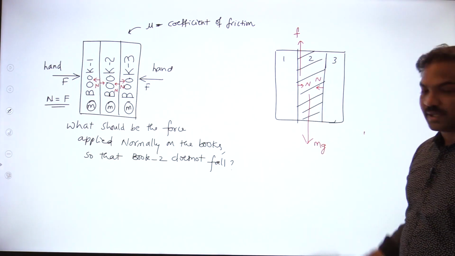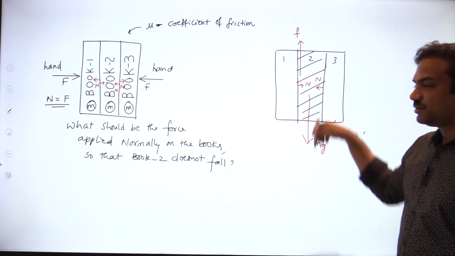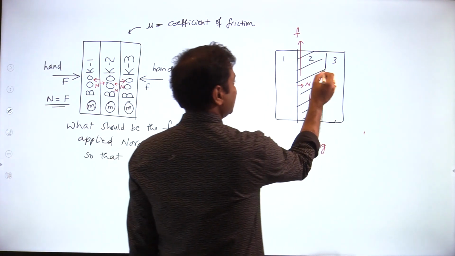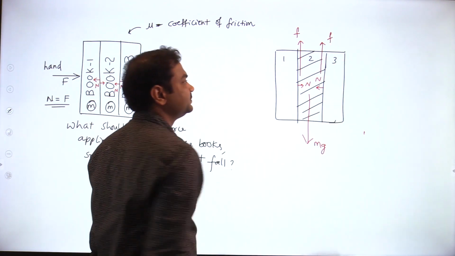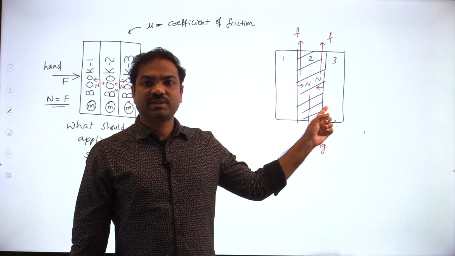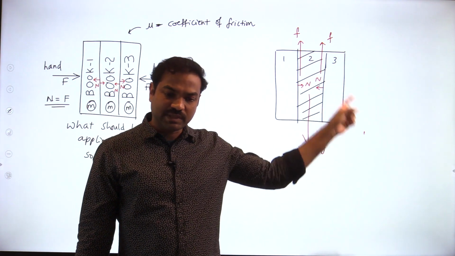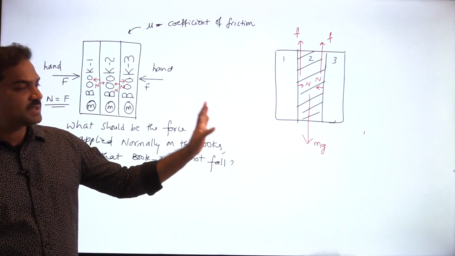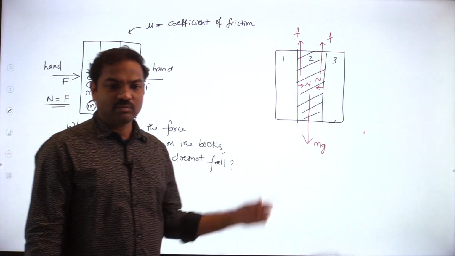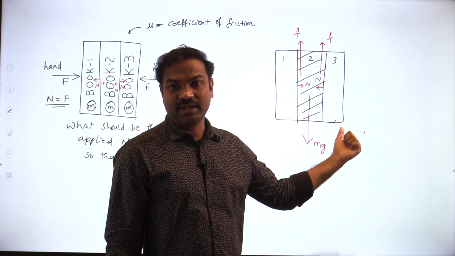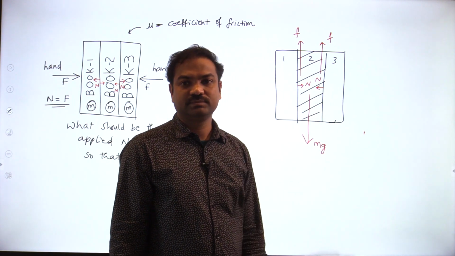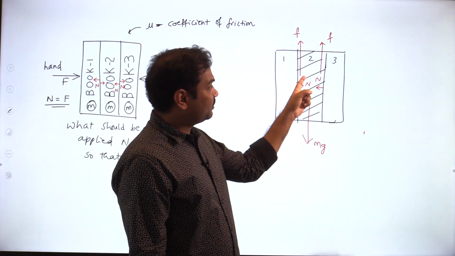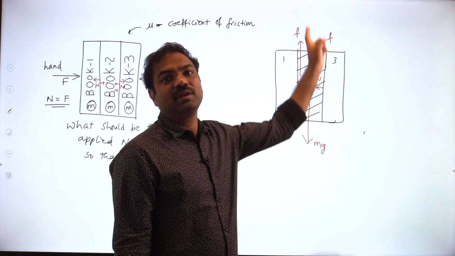We are talking about only the second book here. As mg will try to pull the second book downward, friction will act upward to hold the book. The friction between second and third also will act in the upward direction. The second book will have the friction force by the first, and also by the third. Both books will apply friction. The first and third are not moving. Only we are discussing the second book, try to understand. Because the second book is not held by the hand. The second book is held by the first and third books. As mg acts downward on the second book, it will try to move downward, then the first book's friction opposes, and the third book's friction also opposes.